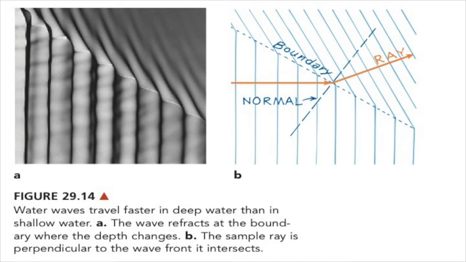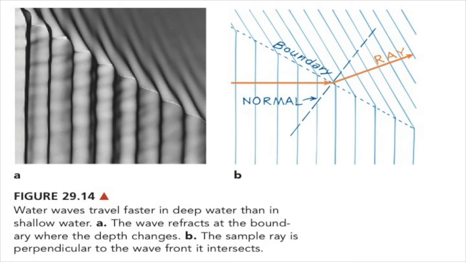The ray in figure 29.14b shows how the water wave changes direction after it crosses the boundary between deep and shallow water. Sometimes we analyze waves in terms of wave fronts, and at other times in terms of rays. Both are useful models